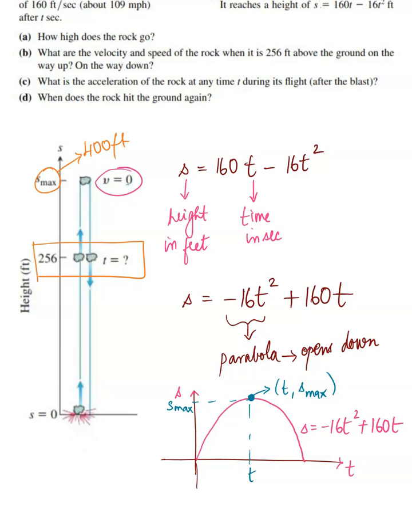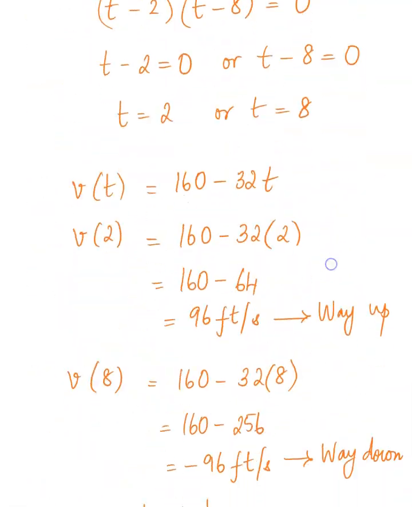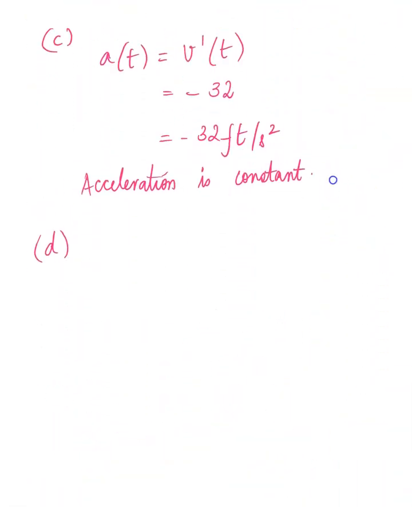S indicates the height from the ground, right? When it hits the ground again, quite obviously the height will be 0. So when the rock hits the ground again, S will be 0. So let's write that information out here. So we'll say the rock hits the ground